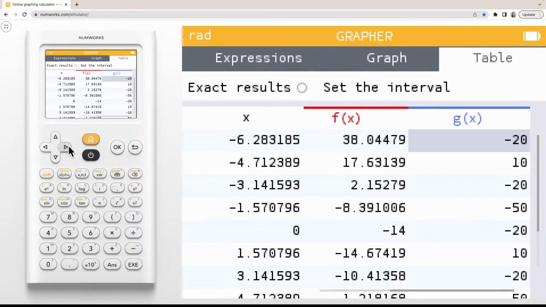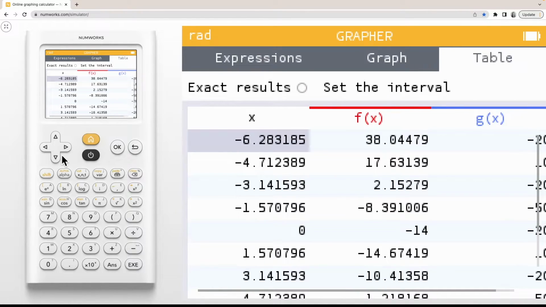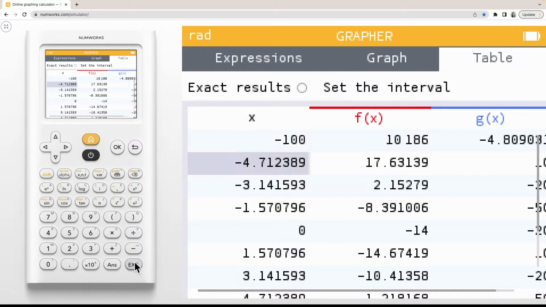x values. Another way to edit the table is to input values using your number pad. For instance, if I was interested in negative 100, I can type in negative 100, press execute, and my table will update. The last thing I'll show you in your table is how to also access your options for your